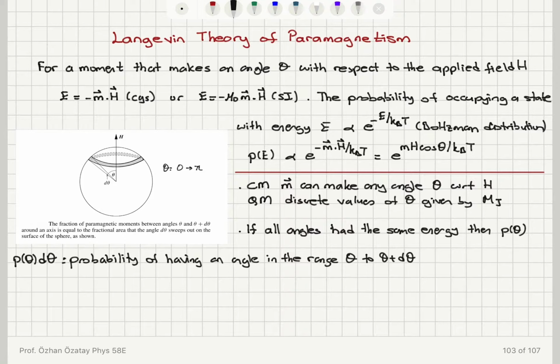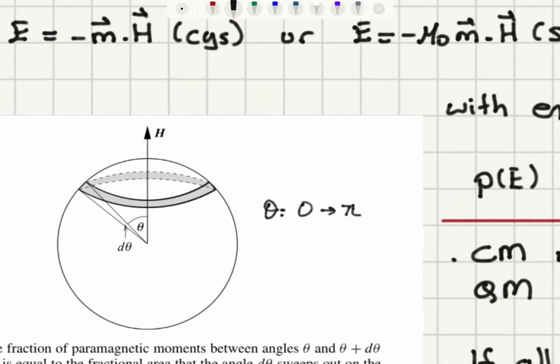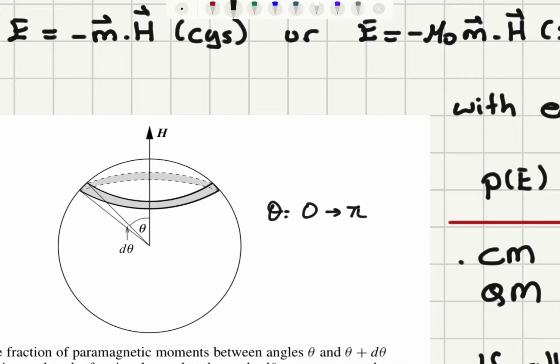So the d theta is chosen so small that the probability is the same for angles between theta and theta plus d theta. Well, that's if you think about the area of this region,